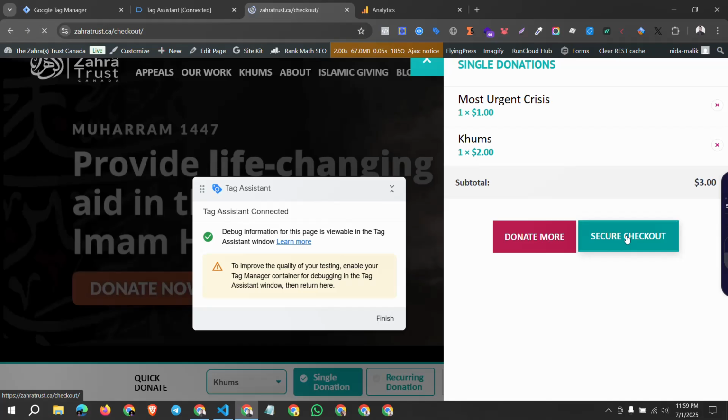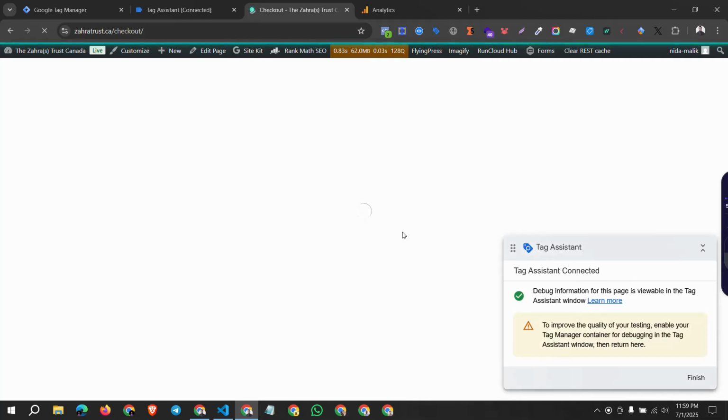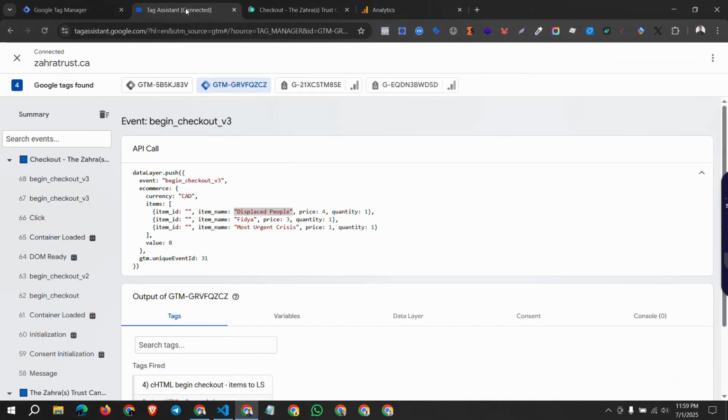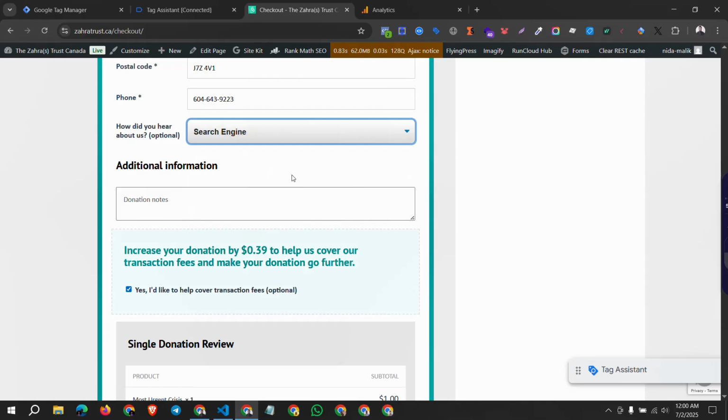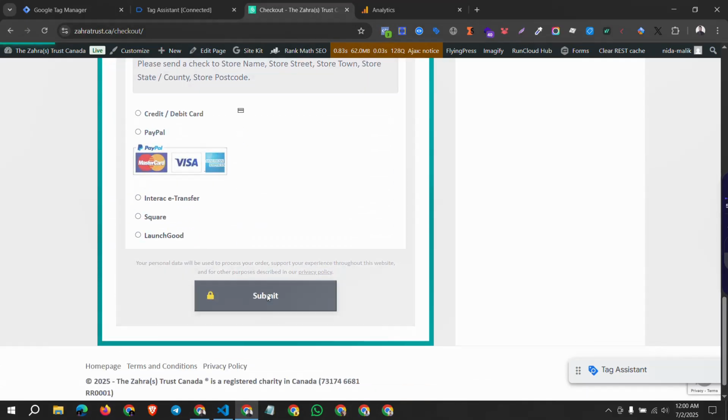So go to secure. I'm in the checkout page. So if I click submit,